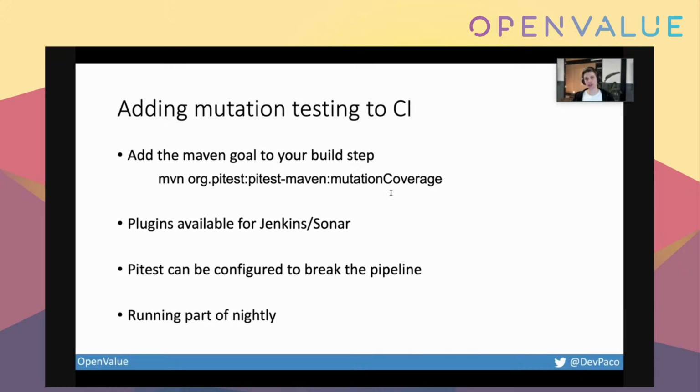Well, adding mutations to your continuous integration tools is pretty straightforward. You just run the Maven goal, and there are also plugins available for most integration tools. And just like with Coco, you can tweak or configure your PyTest to break your pipeline if it's below a certain threshold. And I would definitely advise running it as part of the nightly because it's not going